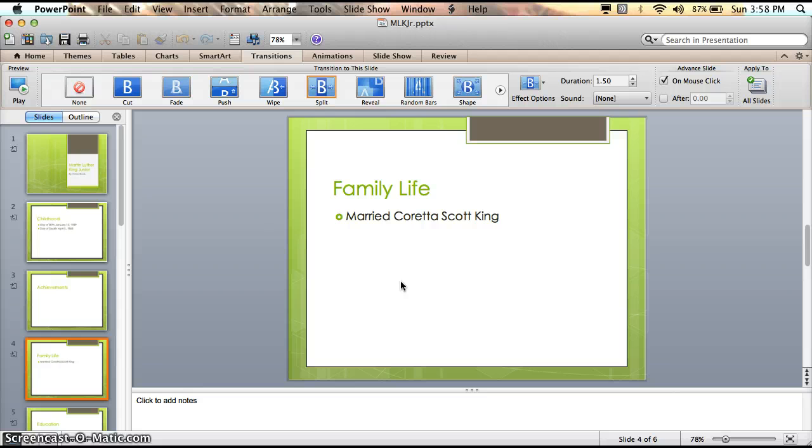Some very important things for you to remember when you are finding pictures is that if you are going to plan on going on Google to find them, you need to make sure that I or another teacher in the room is there with you to find the pictures that you are looking for. If you are pulling your pictures from Grolier or Culturegrams or World Book from the Rockwell website,